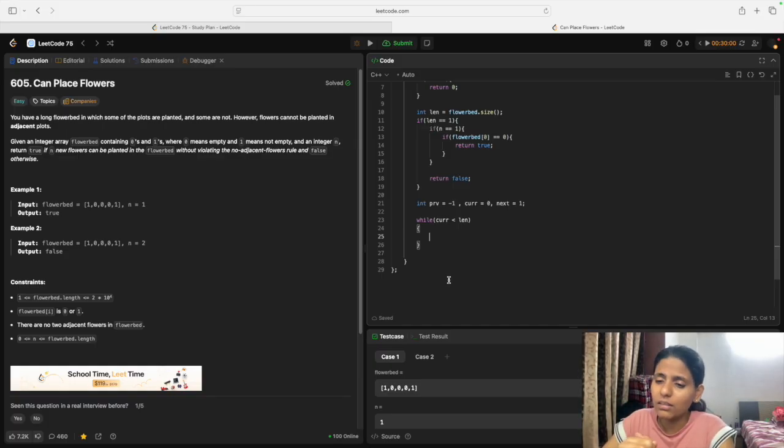So what we want: if previous is -1 and current is 0, in that case, if we have 0 0, then we can place a flower at the first place. But what if we have 0 1? In that case we can't place. So we'll cover that condition first, that if my previous pointer is -1, then I have to check